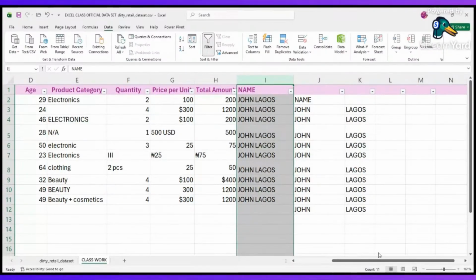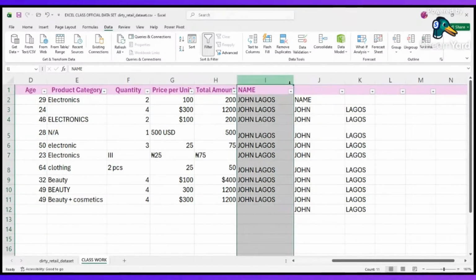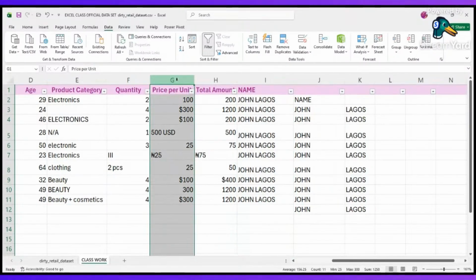So the next thing that we move to now is sorting. For the sorting, let's quickly use this number, the price per unit. Now you can see from here we can sort from either A to Z or Z to A. As I said before, A to Z is ascending, Z to A is descending order. So we want to see at a glance what is the smallest number that we have here. Once we click on this A to Z,